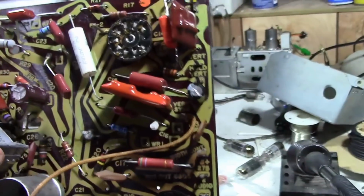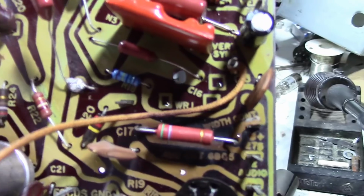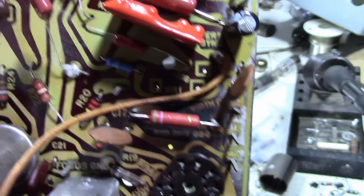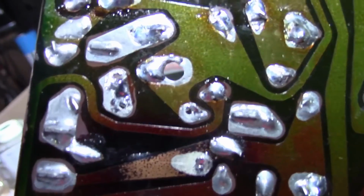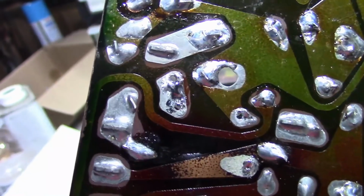Well, on this board, as in other ones I've done, there's some unused stuff here. There's a hole drilled through the board. There's something that says WR1, and there are 3 squares with holes through them that aren't going to anything. There are no components mounted there. It's probably from a previous revision, and they just aren't used anymore. And let's flip it over. Well, one of the unused pads is going right to ground, and the other 2 are going to each other,